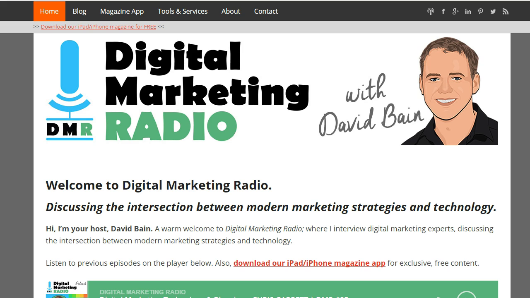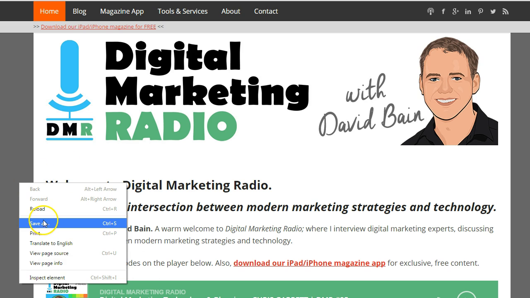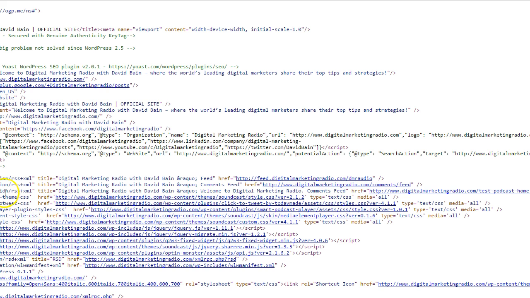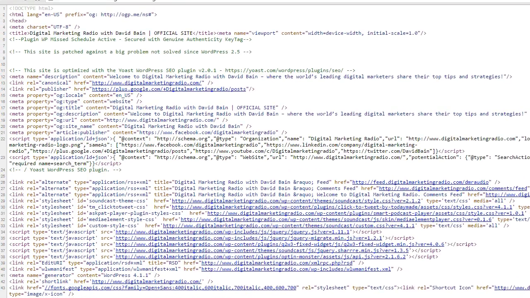Now, the third key element of on-page SEO is your meta description. So let's take a little look at where we find that. To show you this, I'm first of all back on the homepage of digitalmarketingradio.com. So let's have a look at the source code here. If I click View Page Source, then we will have a look to see where we can find the